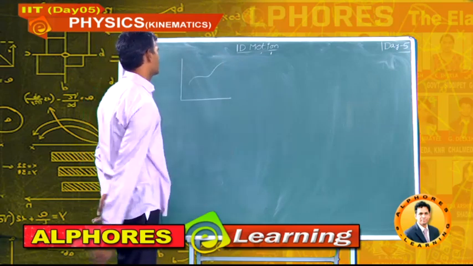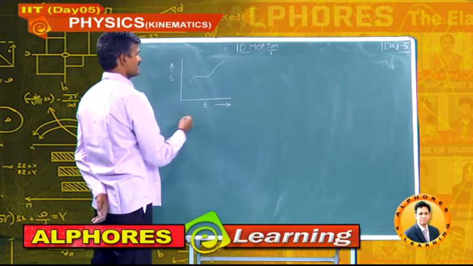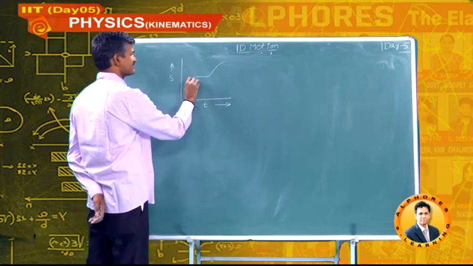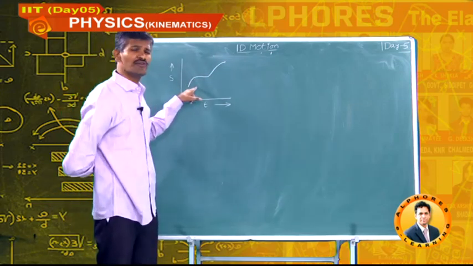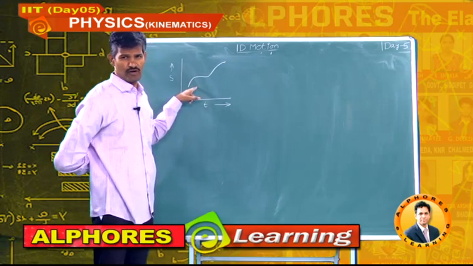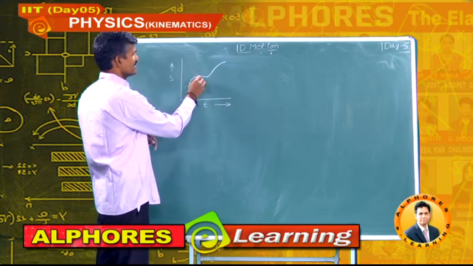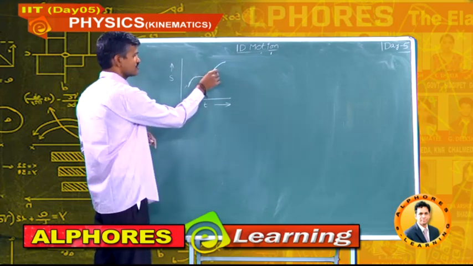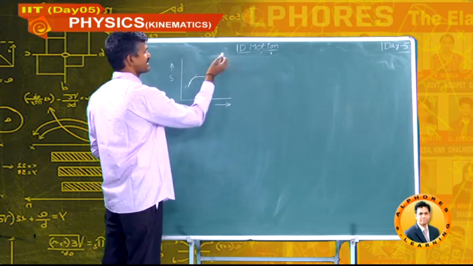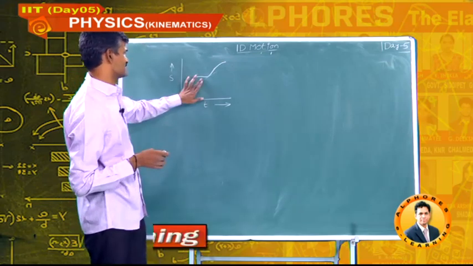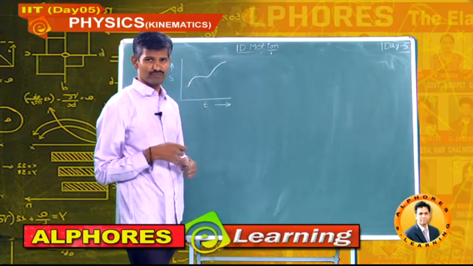This may be non-uniformity. This is the displacement time graph. Here the slope of the graph changes from point to point. So, it may be one of the non-uniform velocity of the body. That is, here it maintains a particular slope, and here the slope is almost 0, and here the slope changes like this, and here the slope increases from here to here, and again it gradually decreases. Like this the slope changes. So, this may be a displacement time graph.